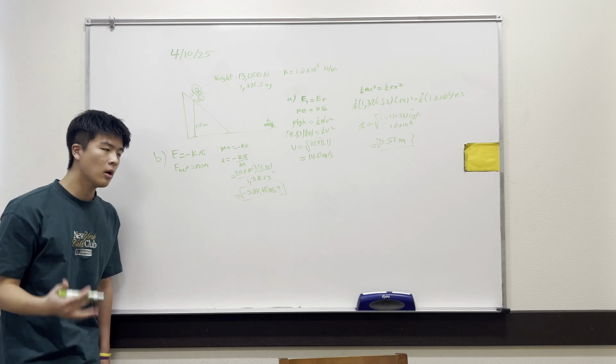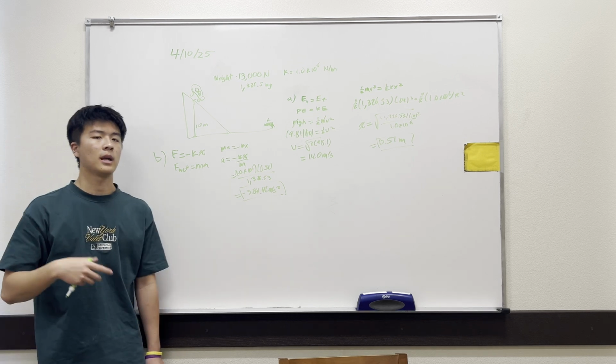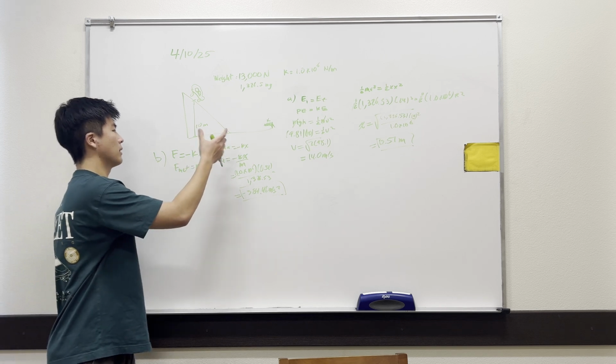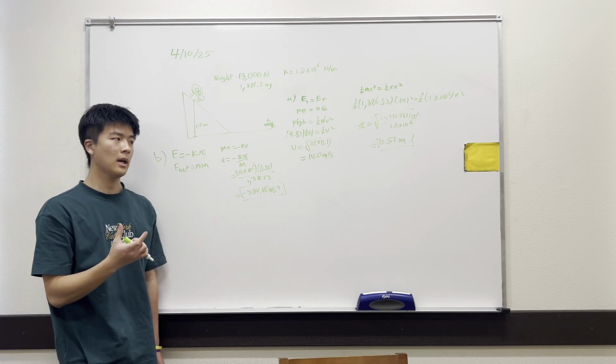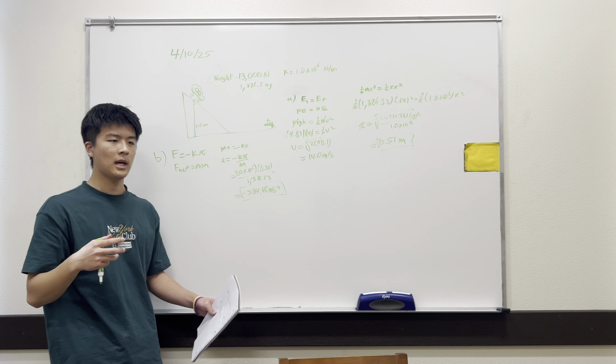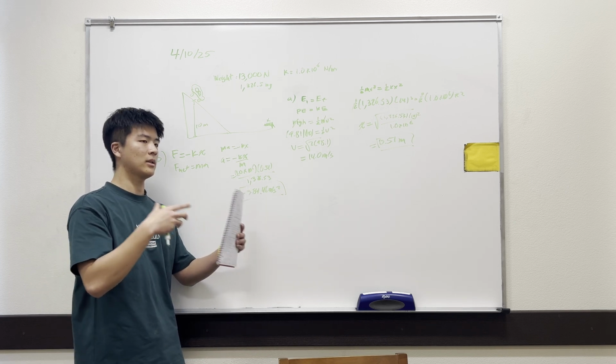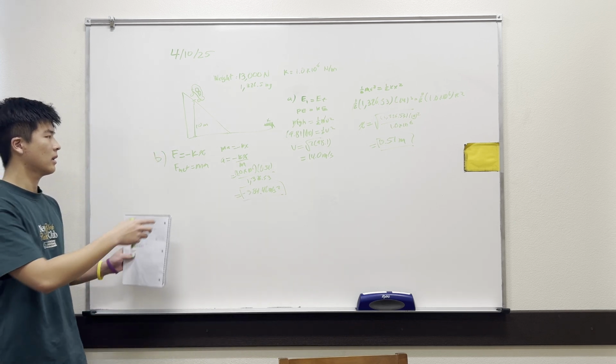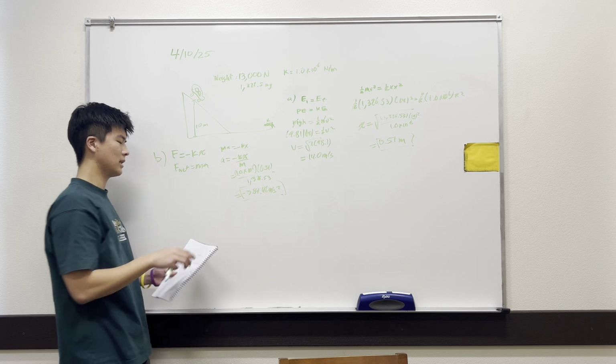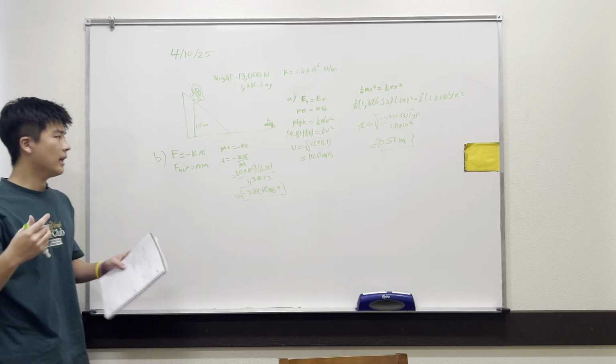Since we know that in this system F net equals ma, and also that for a spring the force equals negative kx, since the force is happening to the spring as the car is hitting it, we can set them equal to each other and isolate a. And then lastly,